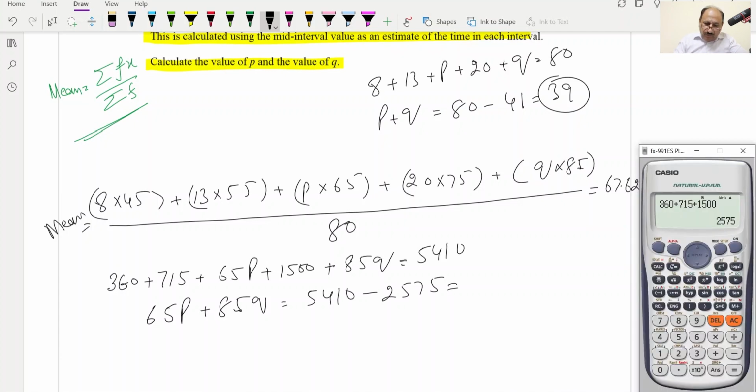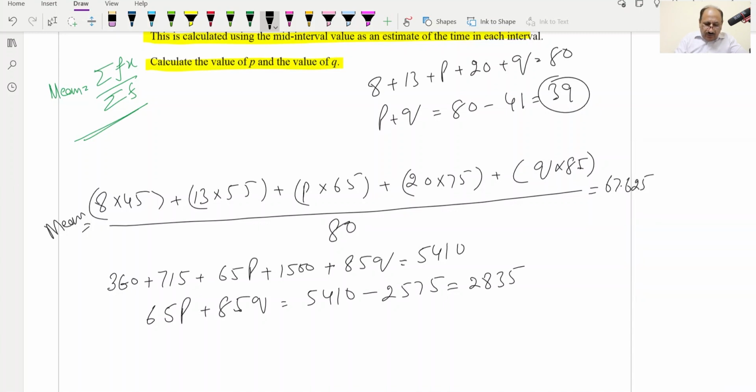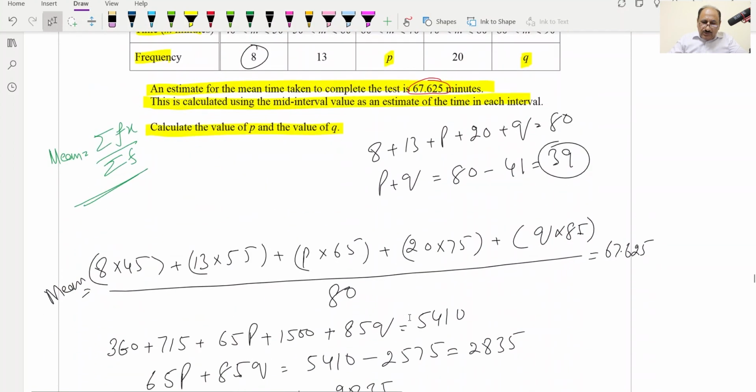This will be 5410 minus the answer, which is equal to 2835. Now our equation will be what? Our equation will be 65p plus 85q is equal to 2835. And the first equation which we found was over here, P plus Q is